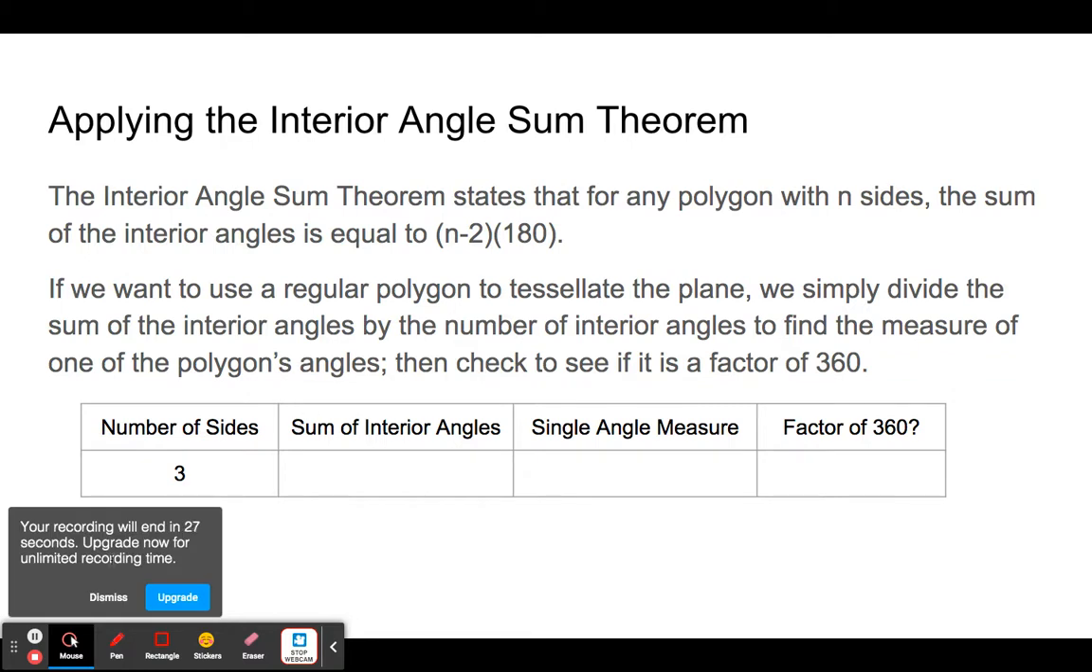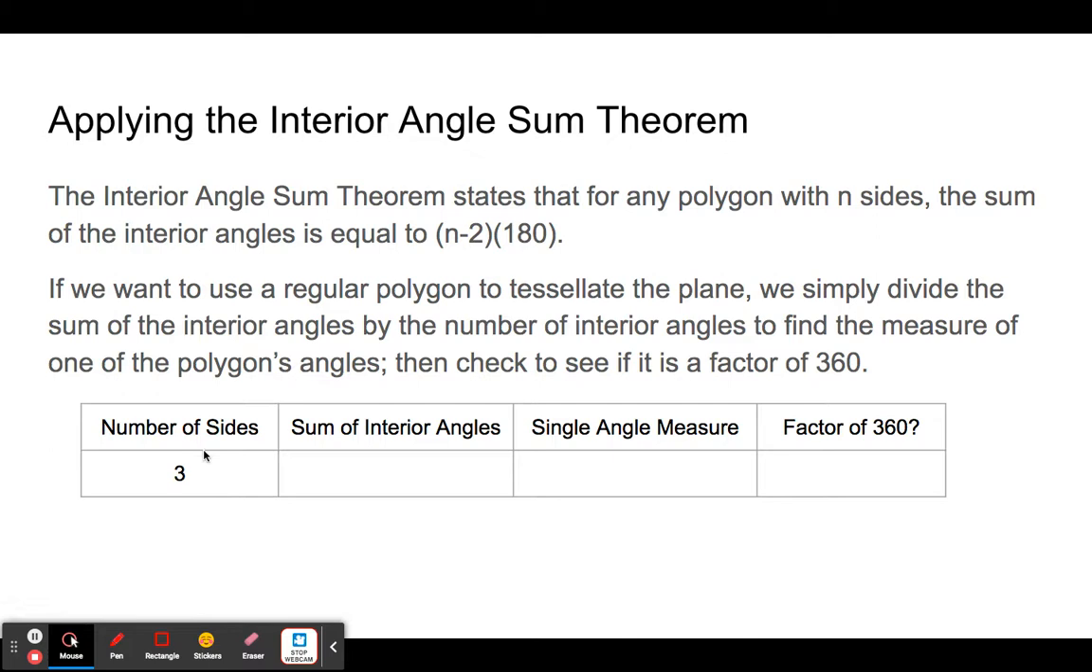So here we have the number of sides is 3, so a triangle. The sum is going to be 180. The angle measure then, when we divide by 3, is 60. Is that a factor of 360? It sure is. Let's take a look at 4. So again, 4 minus 2 times 180 is 360. 360 divided by 4 is 90. Does that